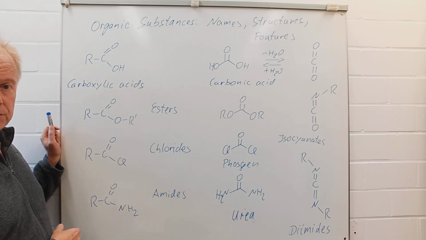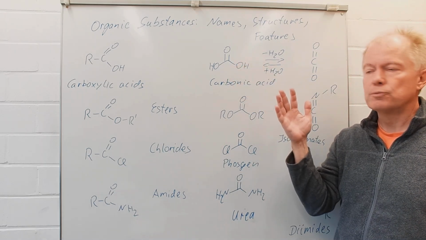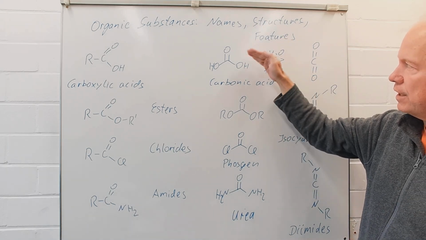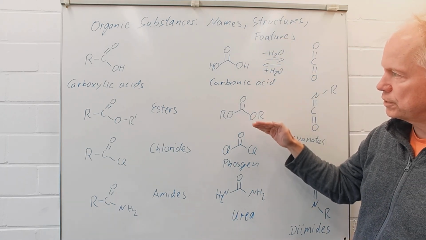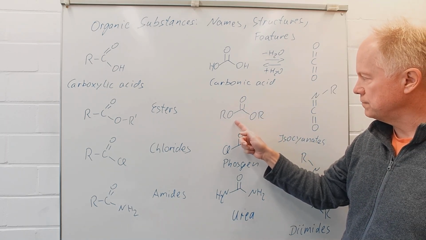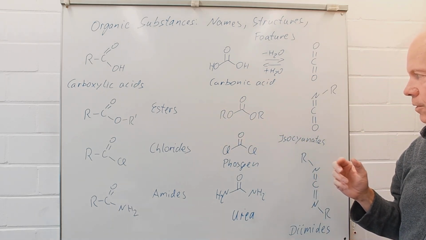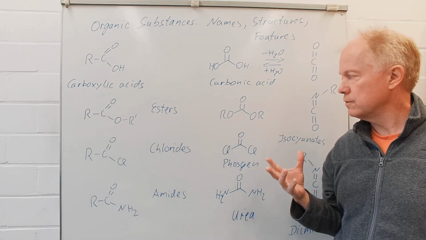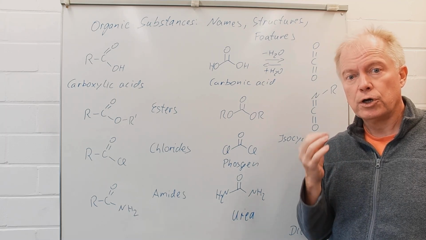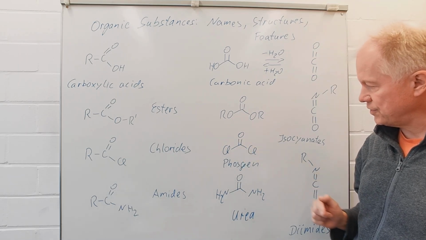A special acid is, as we know, carbonic acid. It's the addition product of water to carbon dioxide. Let's have a look at the typical derivatives of carbonic acid. Here we have a carbonic acid ester as polymers. Those are very useful. You've certainly heard the expression polycarbonates. Then here is the double acid chloride,